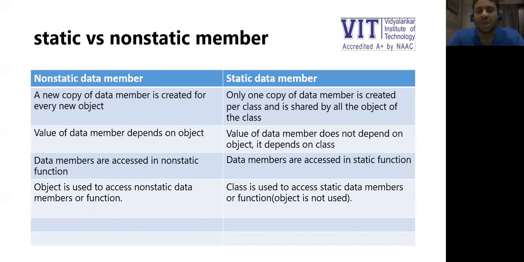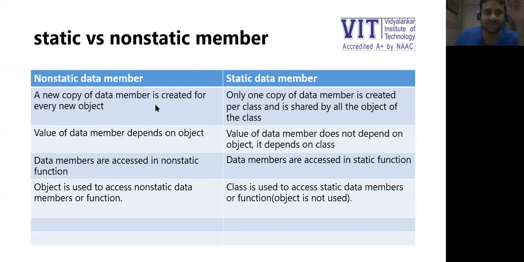In this session, we are going to talk about a very important aspect called static and non-static data member. Now, what do you mean by static and non-static data member? It plays a very important role because, as we are aware, a class contains two types of data member, whether the data member will be static or non-static. Now, how do we decide that a data member will be static or not? It depends on certain things.